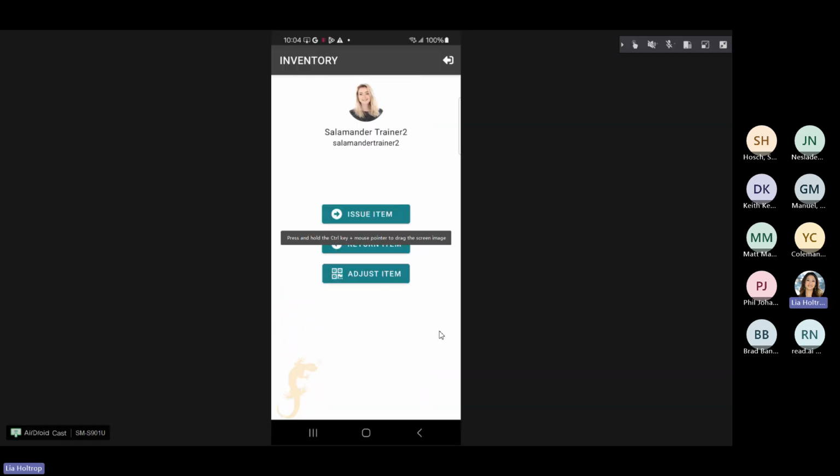All right, so with the inventory app, you do have to have a license for this. So you do have to be provided a login. All that is done through Salamander Live. So I'll pull up Salamander Live just to show for those that may be newer to setting up licenses. So when you log into Salamander Live,